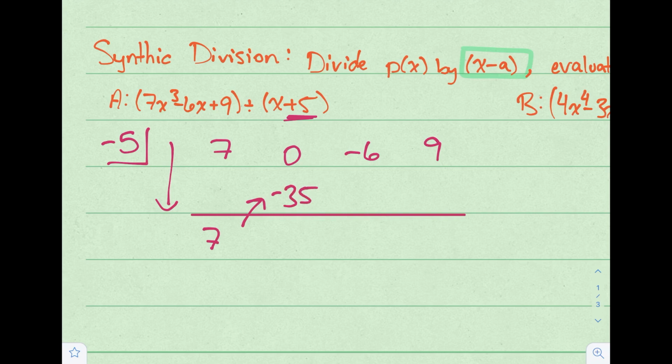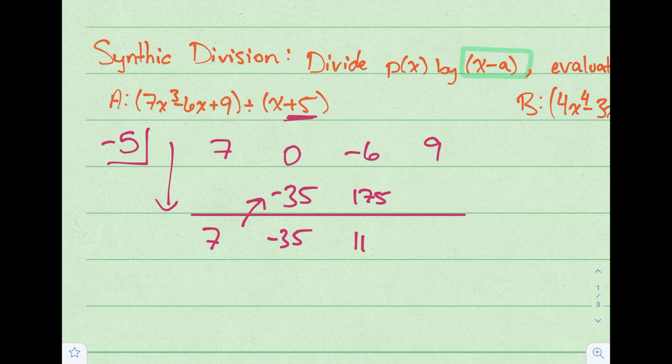And then we add down. 0 plus -35 is -35. And again, multiply up. -5 times -35 is positive 175. Add down, and you get